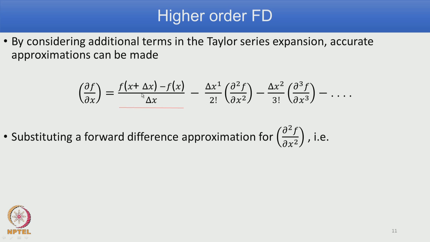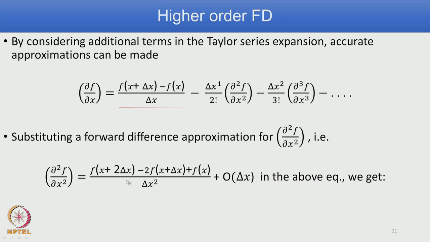In the case of the first term, we considered only the two terms. Now, to get higher order we will consider one more term. Because we are interested here in forward difference, you substitute for this second derivative in terms of forward difference, and that we have already obtained in the previous steps,